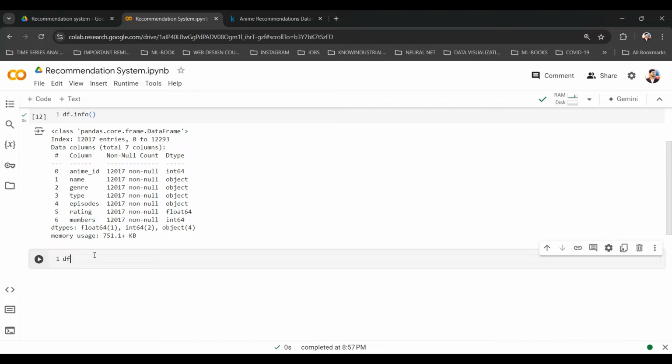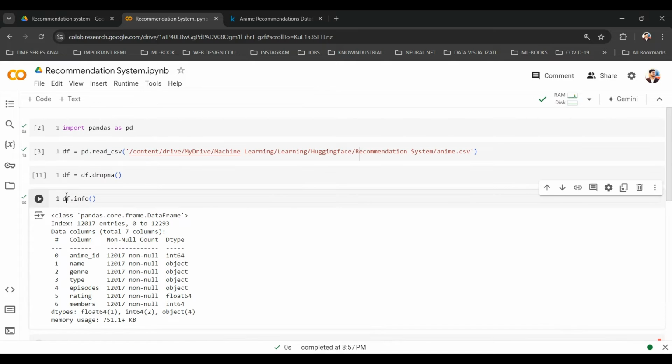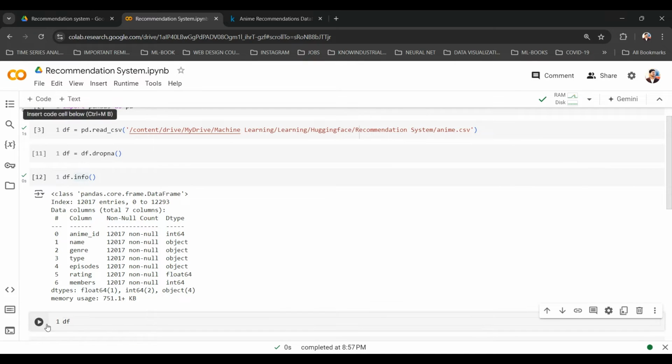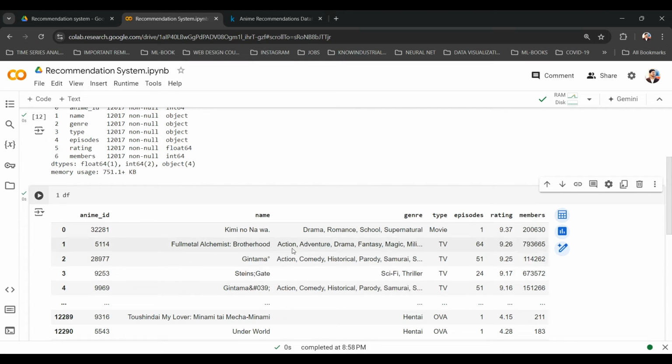Now the second thing. As we have discussed, the important things that we need for the recommendation system are the genre and name. So we'll combine these two things. In most cases, a movie name and its genre combined can at least give us a little bit of a description of that movie.